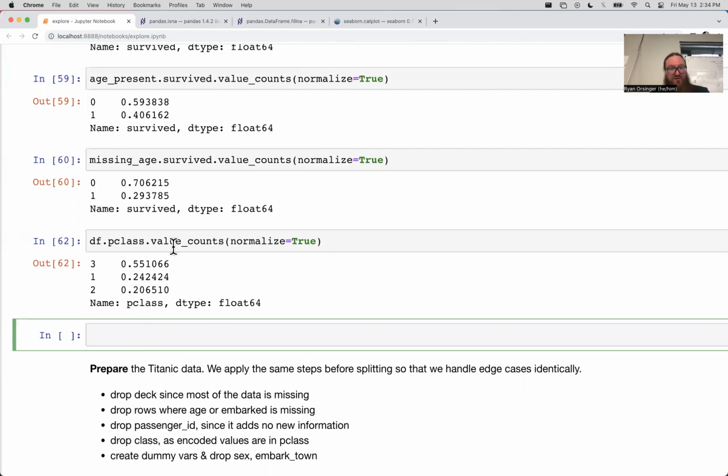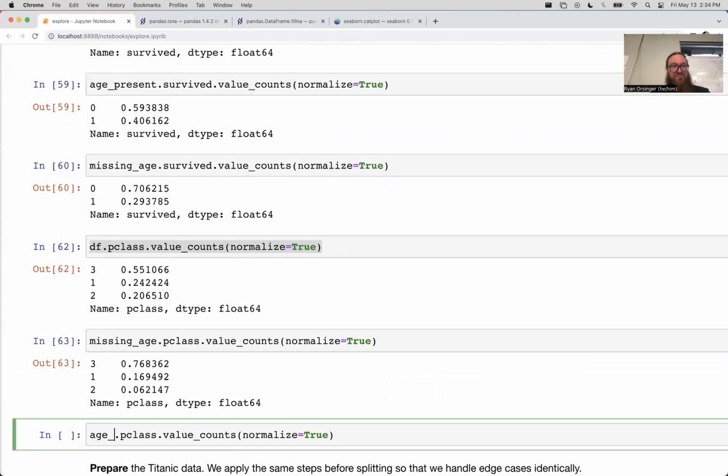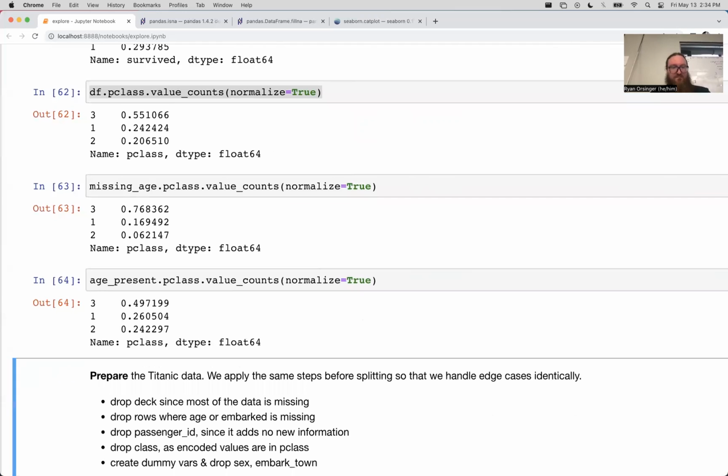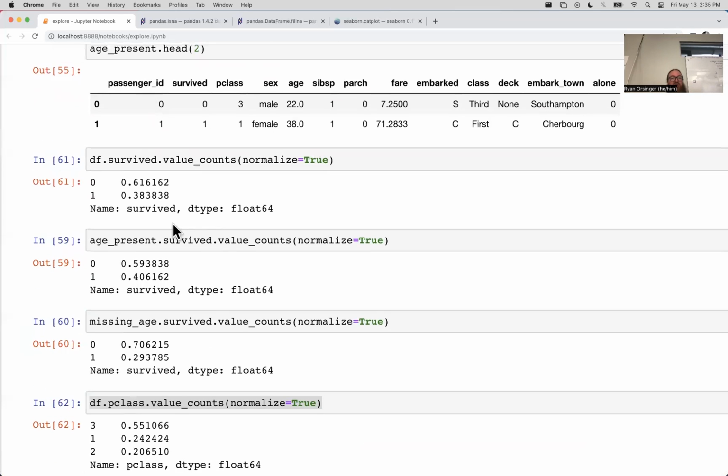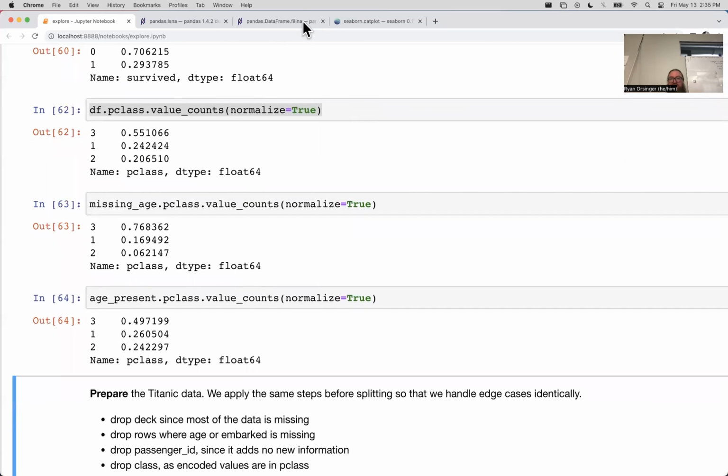And then we'll copy the same thing and take a look at missing age. Okay. Ooh. Age present. Interesting. What are y'all seeing so far? A lot of that missing is third class ticket holders, and they perished at a higher rate, which tracks with the third class ticket holders.